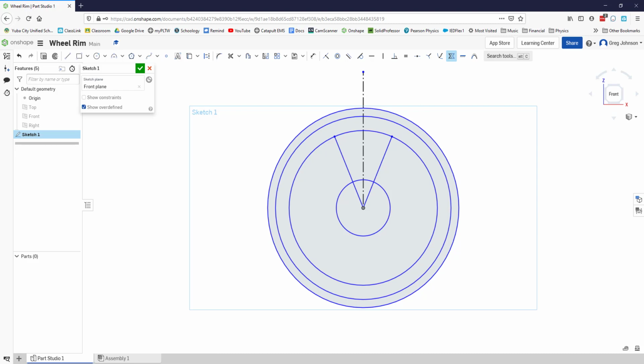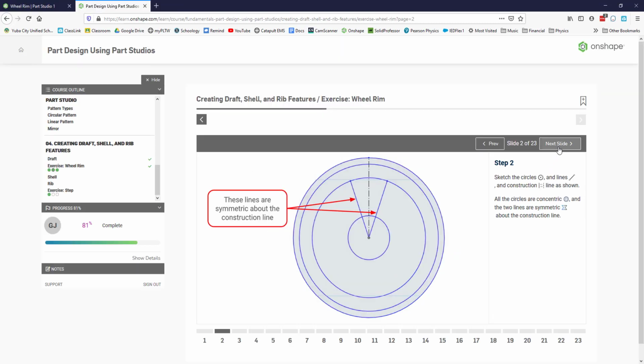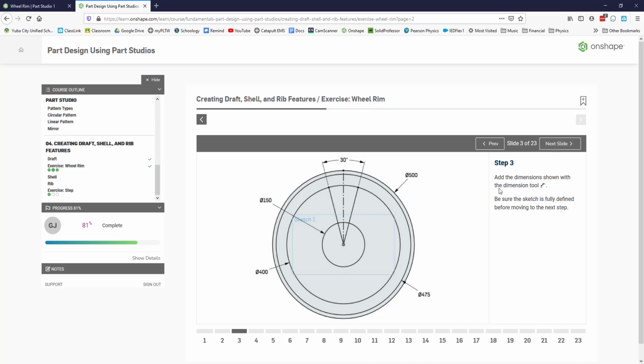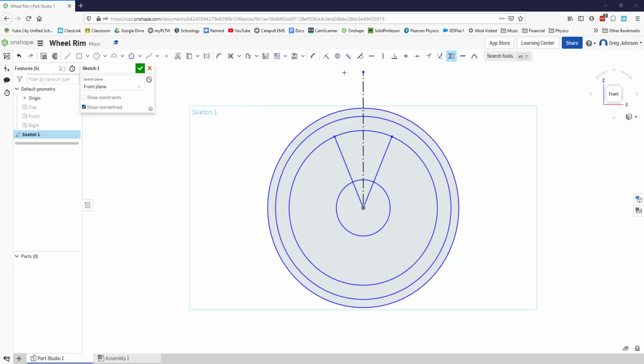Okay, so now what are we supposed to do? If we bring the instructions back down, we've got dimensions. All the circles will get dimensions, and the angle between those 2 lines is also going to get a dimension. So let's get the dimension tool by clicking D. And let's start with the circles. So this one here is 150. Oh wow, that's going to really blow this thing up. Actually, I'm not going to do that one first,